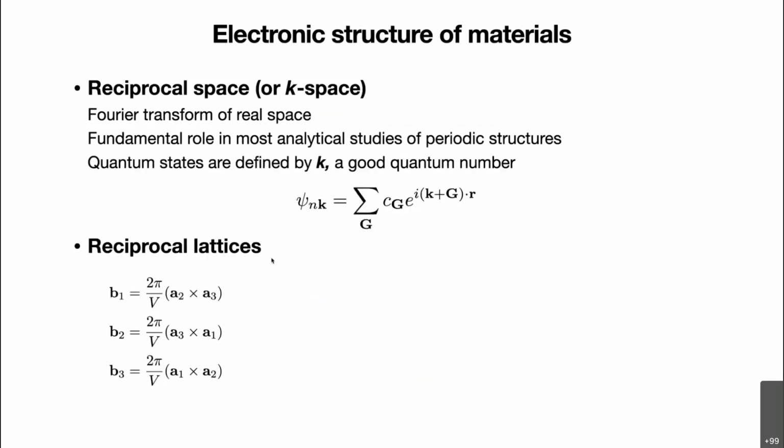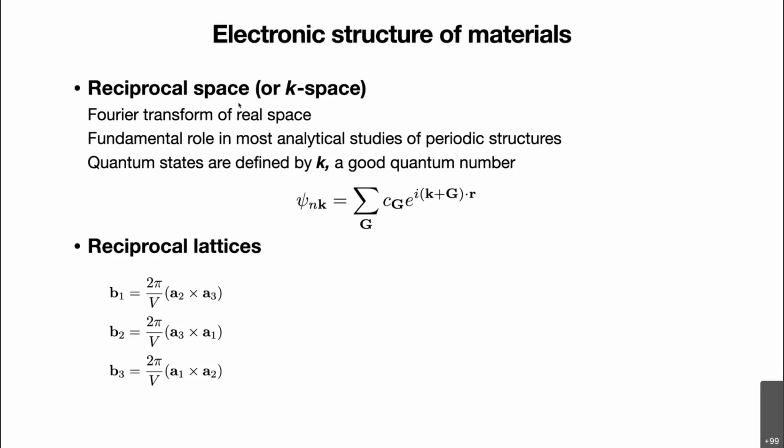And for the electronic structures, we have to know what the reciprocal space and reciprocal lattices are. I guess most of you know what reciprocal space is. This is the Fourier transform of real space. When I was an undergrad student, I was like, why do we need a reciprocal space? Because we know the real space structures. But this is still meaningful because